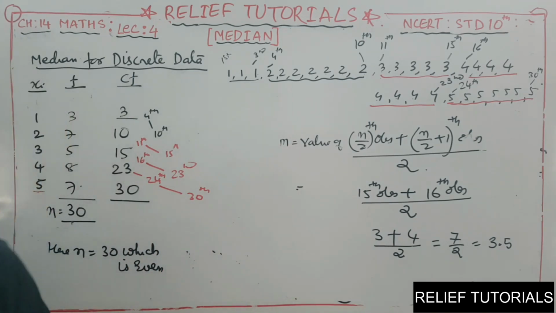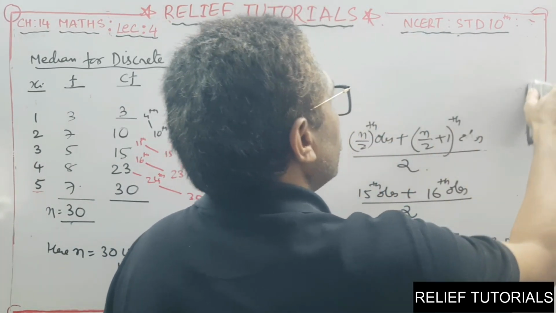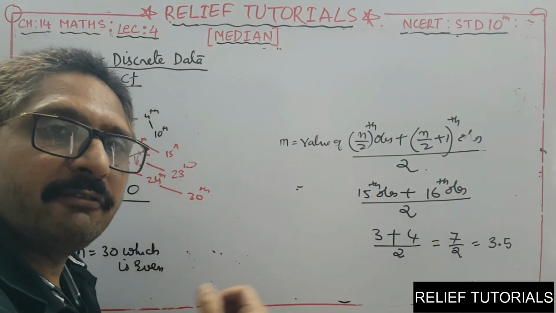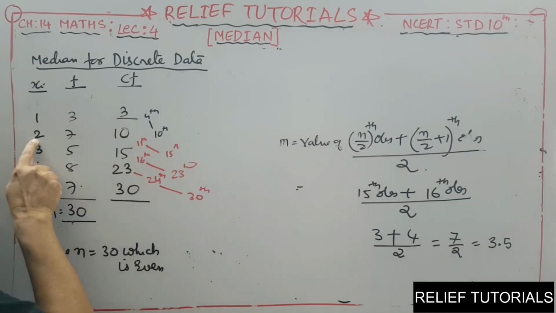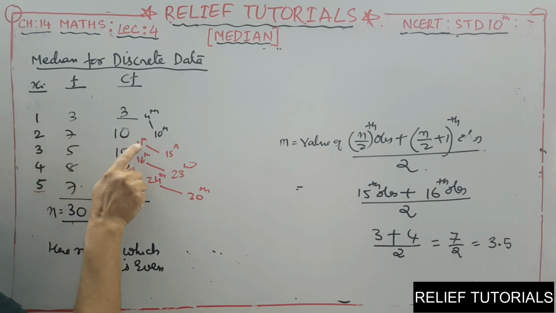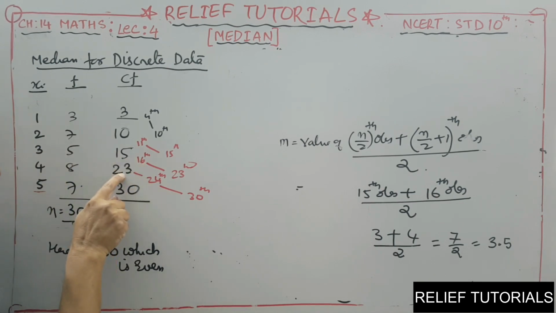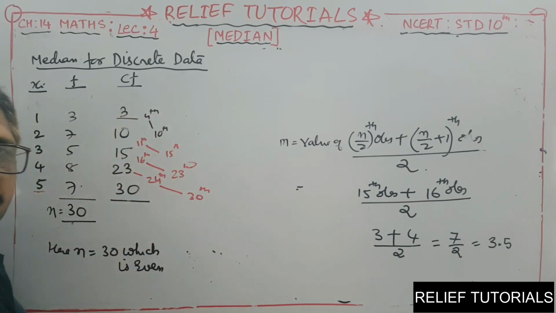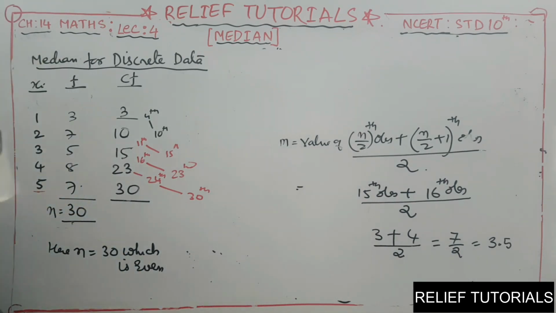Now one thing, see. I will rub this. Now come on, tell me what cumulative frequency conveys. Up to 3 it is 1. From 4 to 10 it is 2. After 10, 11. So from 11 to 15, it is 3. Now after 15, 16. So from 16 to 23, it is 4. And from 24 to 30, it is 5. That's cumulative frequency. Clear? We will discuss one more problem to make it more clear.